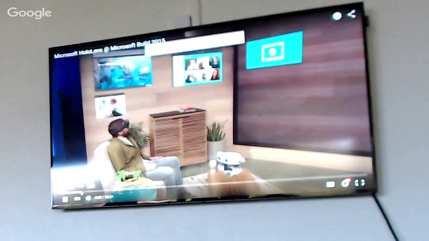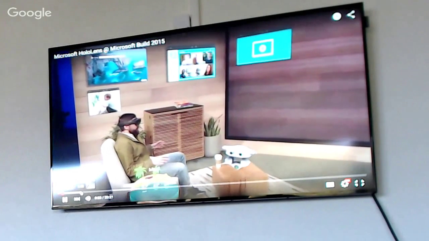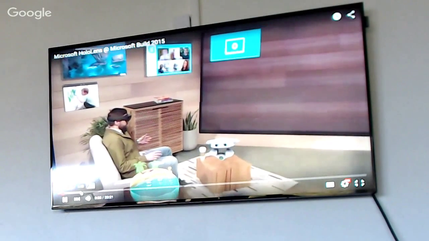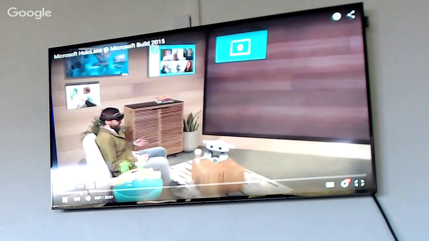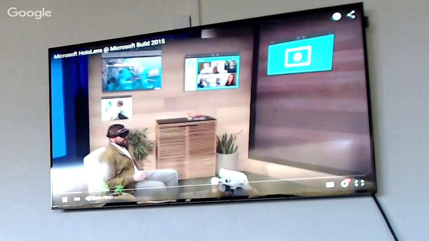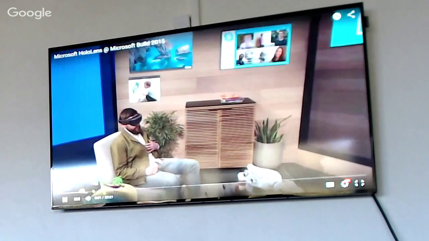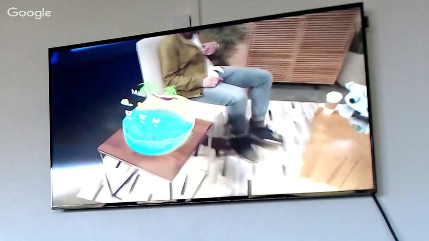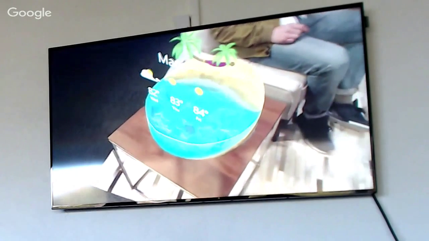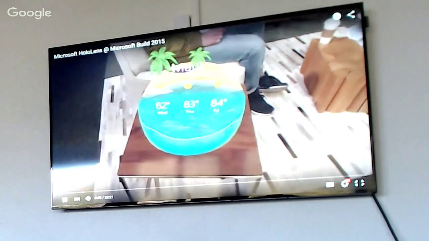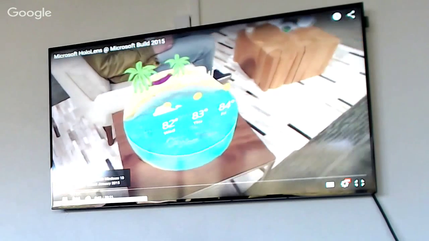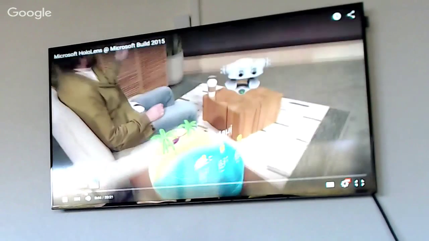So they're using a specific camera that captures the 3D room that the HoloLens is also seeing. For example, planning a trip to Hawaii in a couple weeks, so I placed this awesome weather app over here. So when I'm moving around, I can easily glance at it, reference it, and understand what the weather's going to be like when I get there. Hopefully still hot. Then if I look up here on the wall,